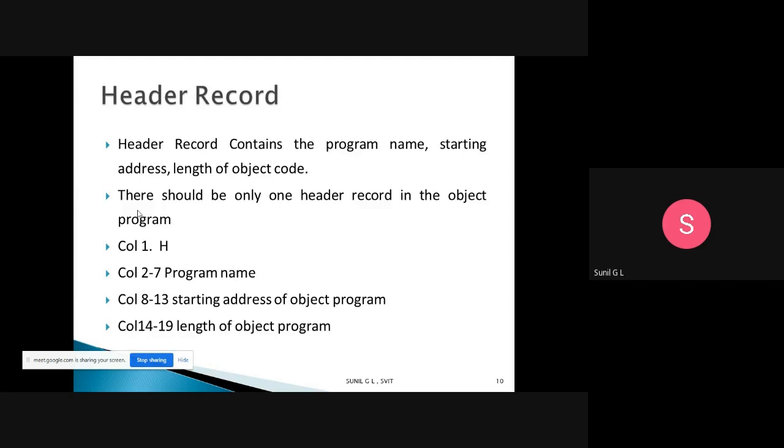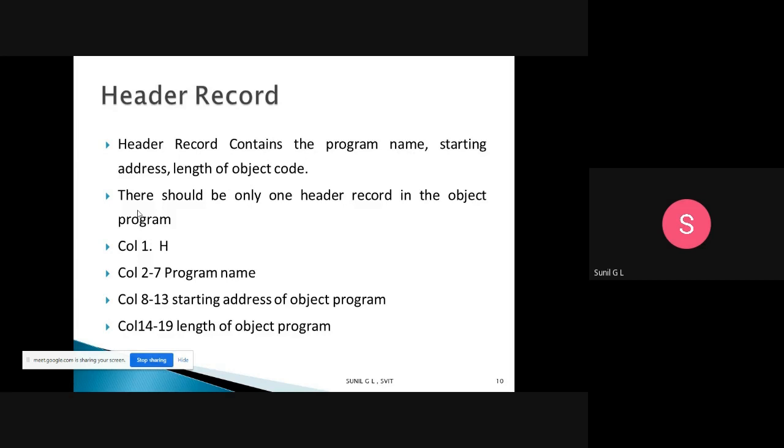Columns 8 to 13 will be the starting address of the object program, and columns 14 to 19 will be the length of the object program. So we have four fields in this header record.